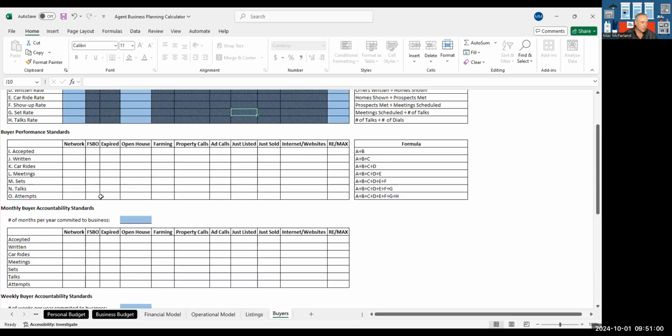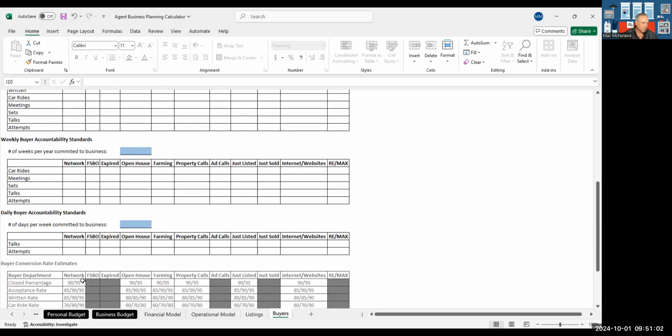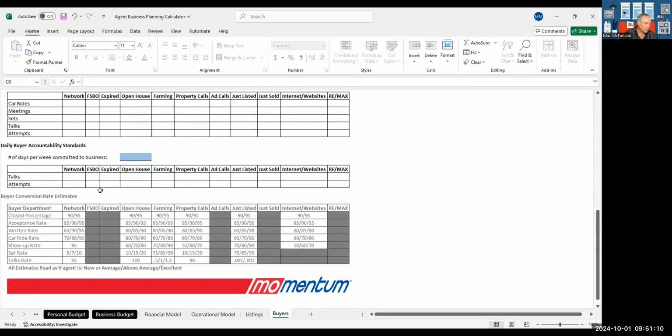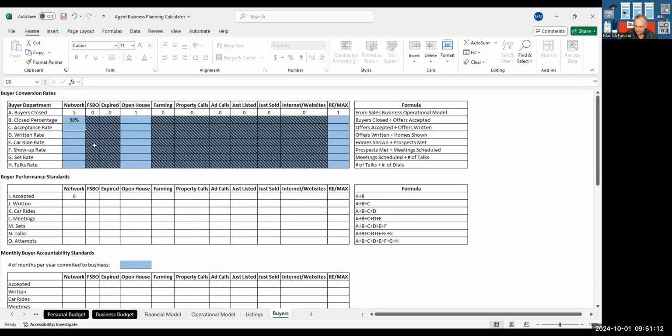You're going to take her numbers and you're going to plug them in up here at the top, right? So the first 3 are 90, 85, 85. So as a Marine recruiter, we had an obligation of finding 3 new people per month, right? In the office that I ran,